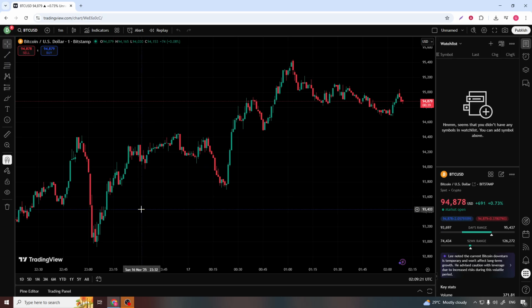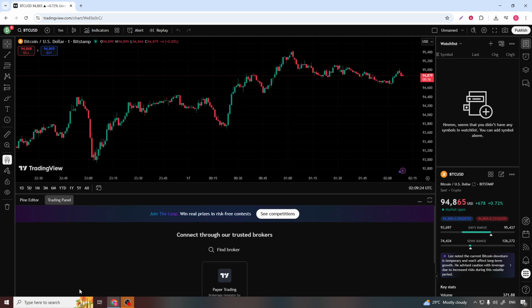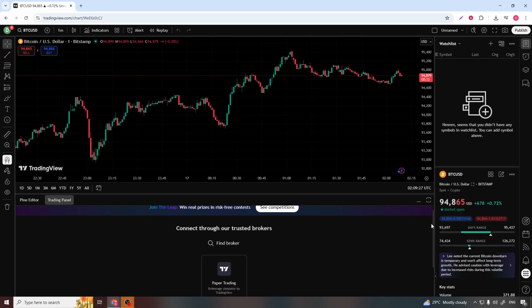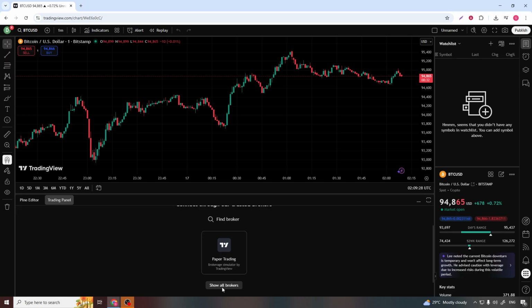Next, navigate to the trading panel. You should be able to see this option right below the Supercharts or within one of the menu tabs, depending on your device setup. Click on the trading panel to open a list of brokerage services compatible with TradingView. This panel is your gateway to connect various brokers directly with the platform, thus providing seamless integration and unified control